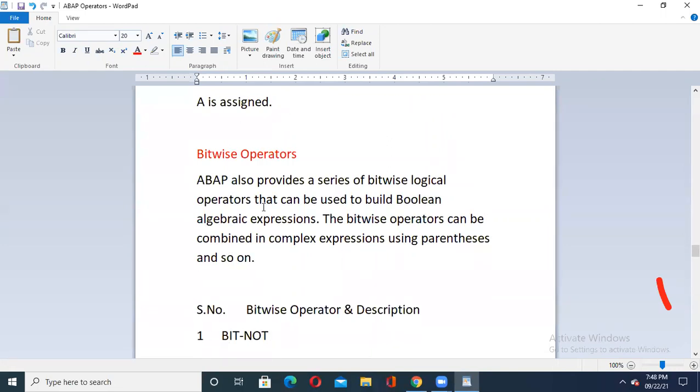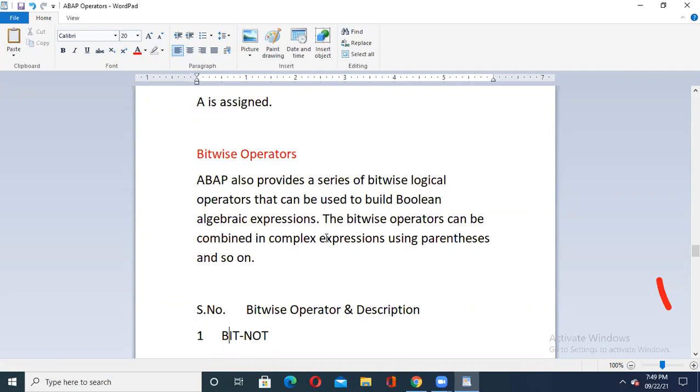See, ABAP also provides various bitwise logical operators. They can be used to build your Boolean algebraic expressions. See, this is very important. The bitwise operators we can combine even in complex expressions, like using parentheses and so on. But understand there is a difference between your comparison operator and bitwise operator.